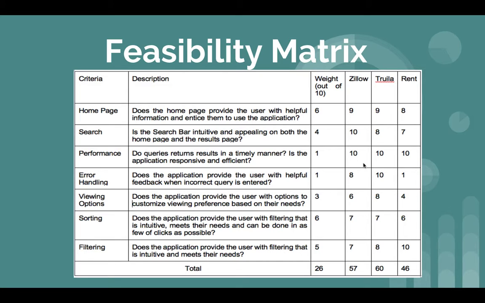criteria. For homepage, search, and performance, all 3 applications have similar ratings. They each have their advantages and disadvantages, but concerning these criteria, they all do a good to great job. However, when it comes to error handling, Rent really suffers here. It does not provide any suggestions to the user, and feedback isn't as clear cut compared to the other two